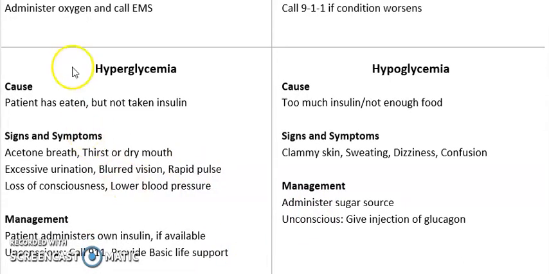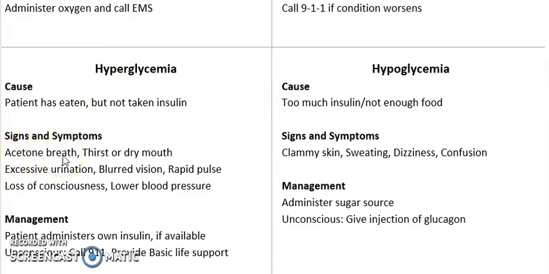Hyperglycemia and hypoglycemia. Technically, glycemia is sugar. So hyper is more sugar in the blood. Hypo is less sugar in the blood. So this happens if the patient has diabetes and has eaten but has not taken their insulin. With hyperglycemia, one of the very important signs is